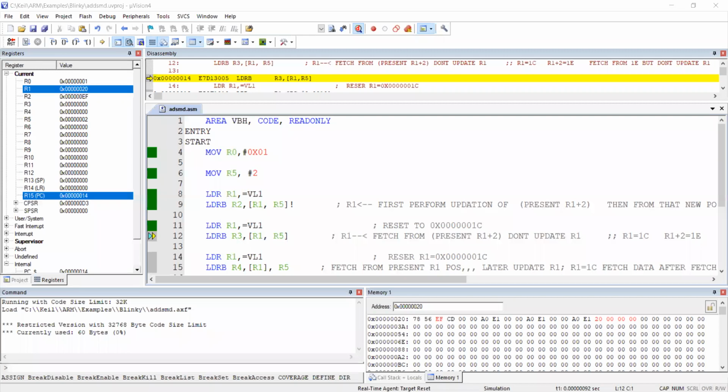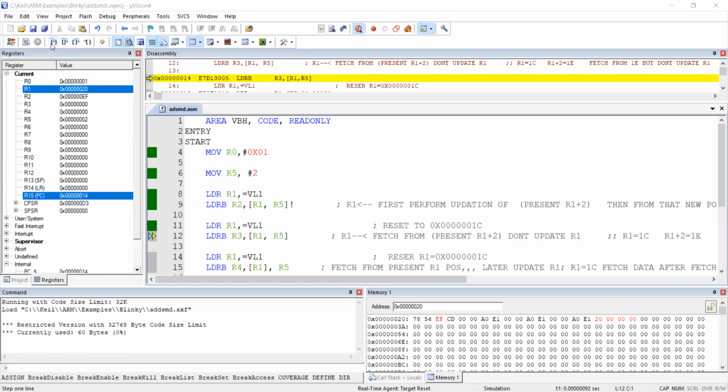But what is going to be for R3? Should we take it from the old, present R1 location or the new value, R1 plus R5 location? It is R1 plus R5 location. So the R1 plus R5 location has a value EF, so EF will be loaded. What is important here, you should be very careful, is that it is not to change the source base register.